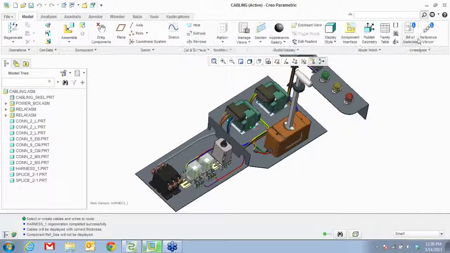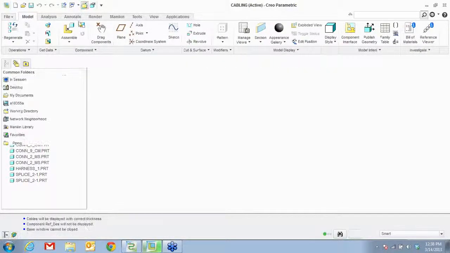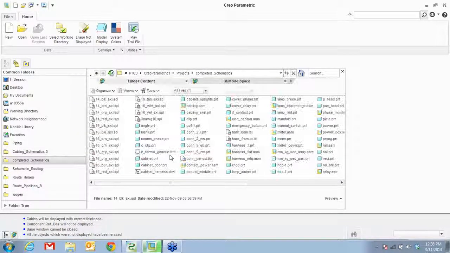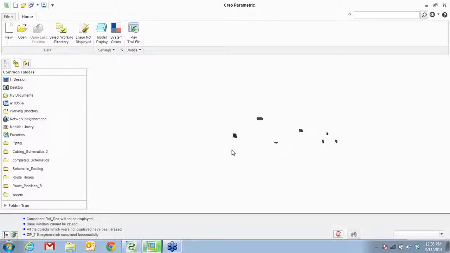Now you can also create nail board drawings of it. So I'm going to quickly go create a nail board drawing for you, and then we can show some other stuff. So here I have my, just give me flat. One second.